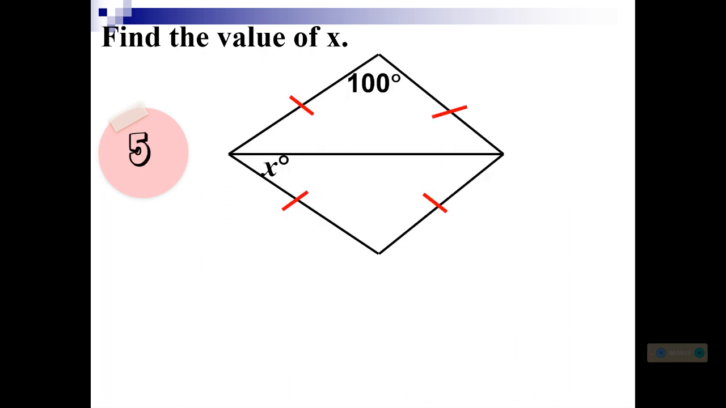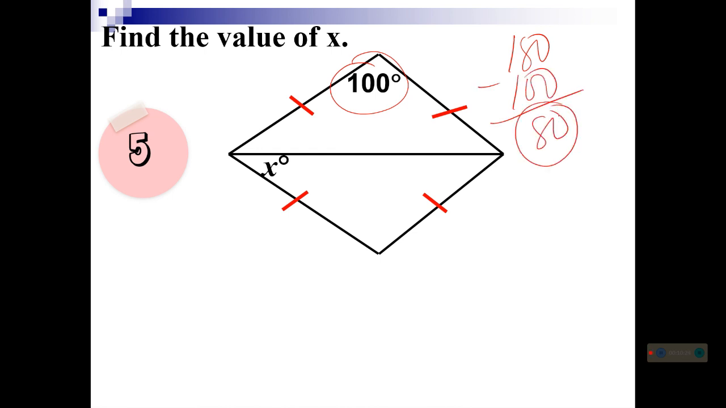Okay, next, let us have number 5. We have here the vertex angle 100. So you will have 180 minus the vertex angle, which is 100, so you will have 80 for the two base angles. Therefore, if you divide this by 2, you will obtain 40. Since this is also a base angle,